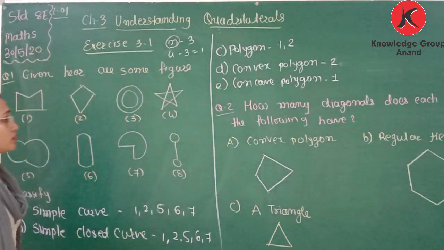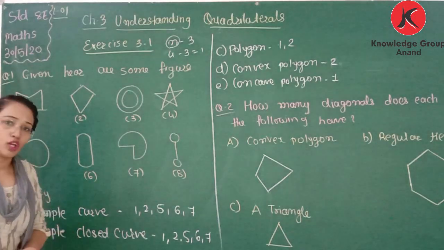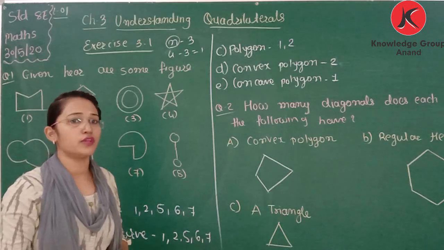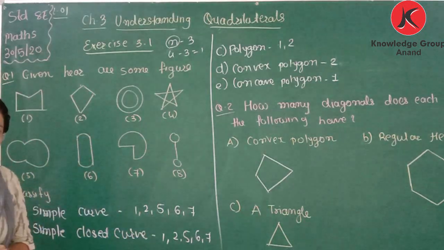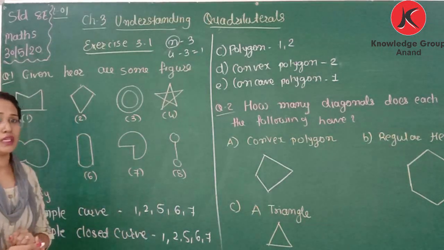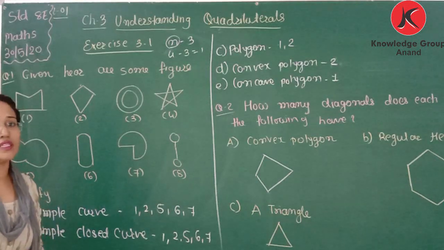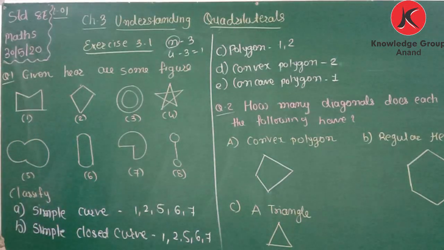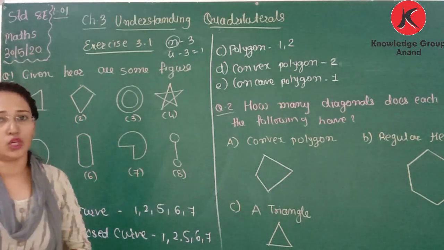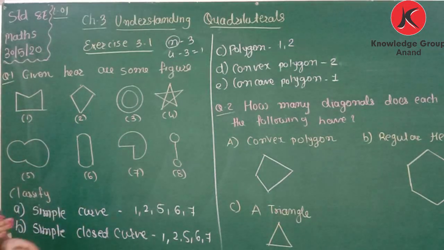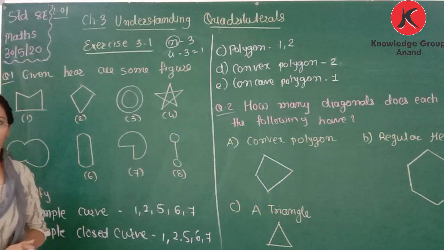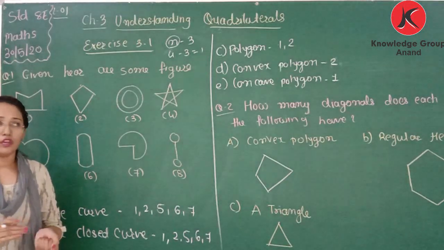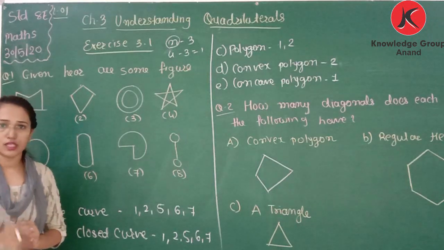Clear? Now then we learn about the regular polygon and irregular polygon. Regular polygon means if the sides and angles are equal, that are regular polygon, and if sides and angles are different, then it is irregular polygon. What is the example of regular polygon? Square, equilateral triangle are examples of regular polygon. Irregular polygon can be rectangle, any pentagon. If you say regular hexagon, it is a regular polygon.